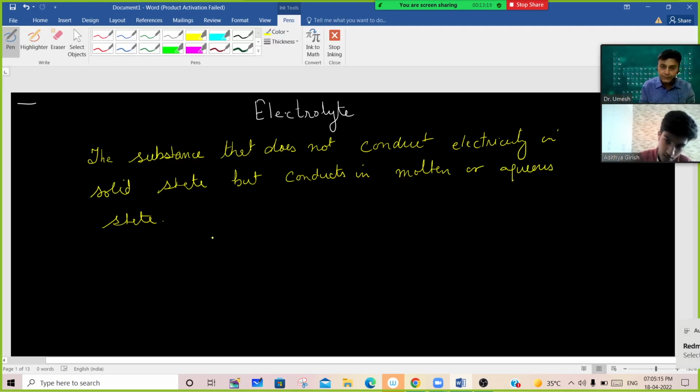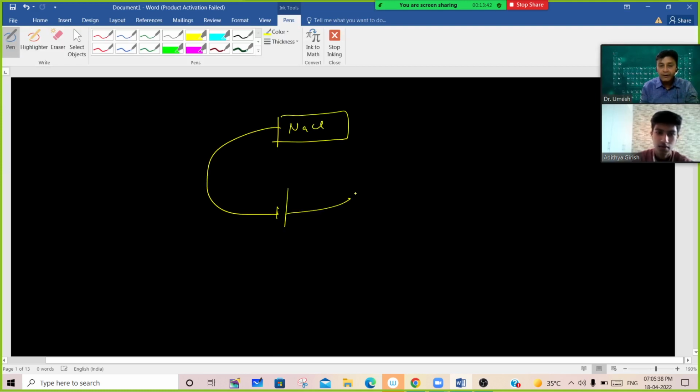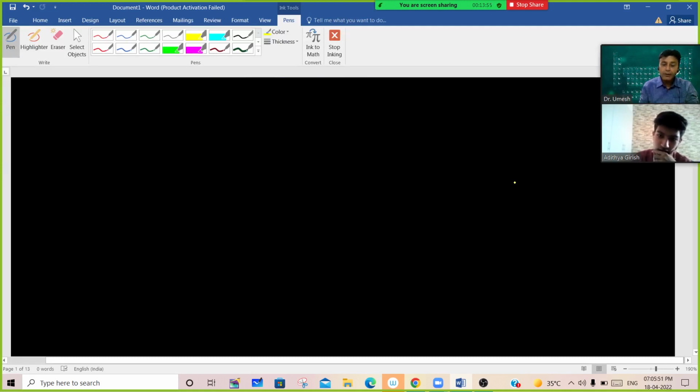For example, if I say I have sodium chloride, have you seen sodium chloride practically? Yes, stable salt. In the solid state, does it conduct electricity? No. If I connect a wire with a battery, and to detect the current I put a galvanometer or voltmeter or ammeter, it doesn't work if it's solid. But the same sodium chloride, if I melt it,